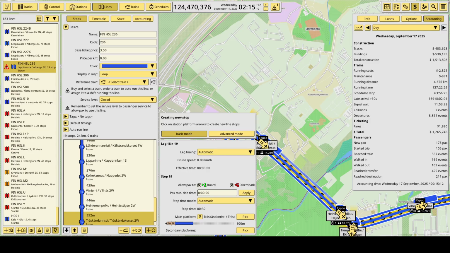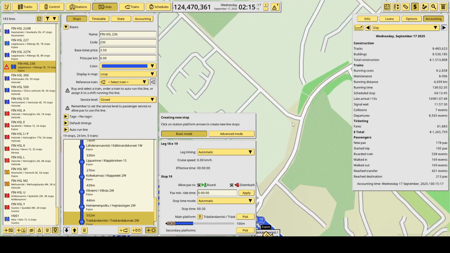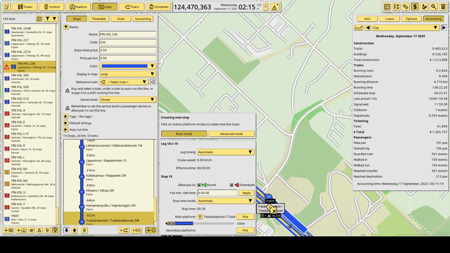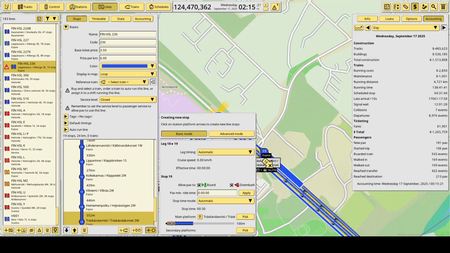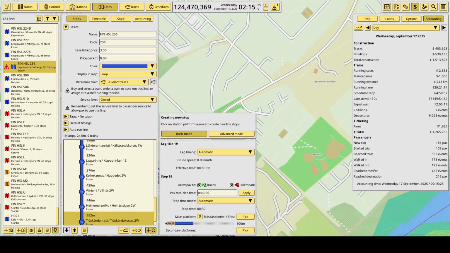That's quite right. The following stop is called Ryytimo Krydgränden, and that is located a bit further on.